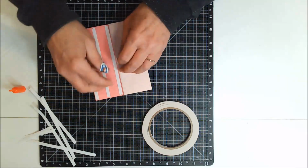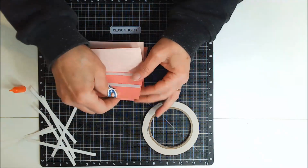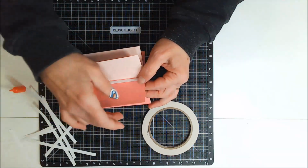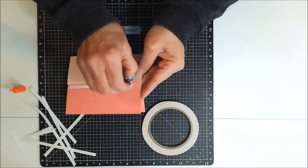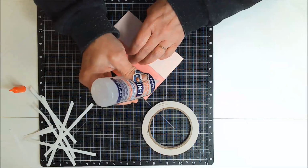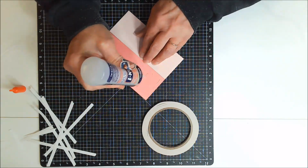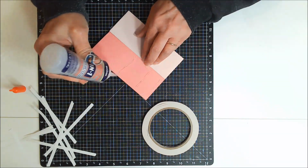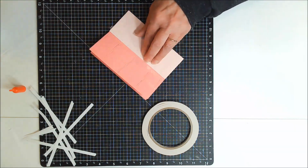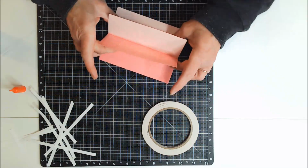So that leaves this right here, the last piece to do. And so I was going to just buzz right through this, but I thought that maybe you guys really need to see this, because it isn't complicated, but it may look complicated if you're just not sure how all of these pieces are going to go together. So there we go. Now I'm just going to fold these two together,